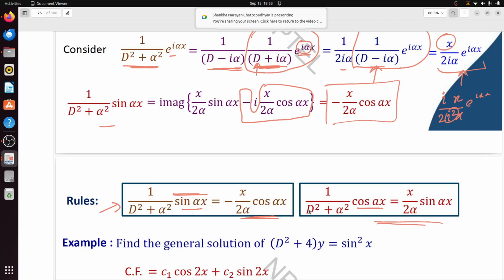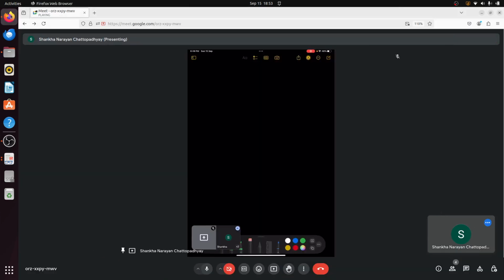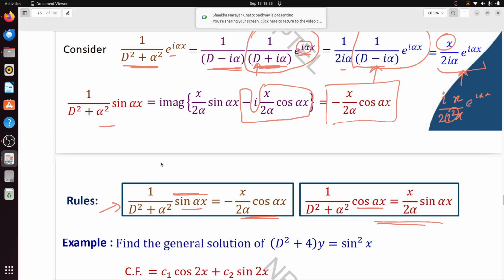Okay, so is my screen visible? Yes, it's visible. Okay, I can see. Okay, so